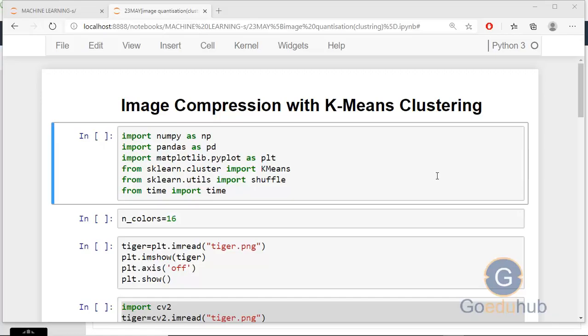Welcome back, and now we will see a project on image compression with k-means clustering. In this project, basically what we do is compress images based on colors. Images have millions of colors, and this will reduce them to your desired number of colors. Here I have initially reduced our image to 16 colors, but you can change that by modifying